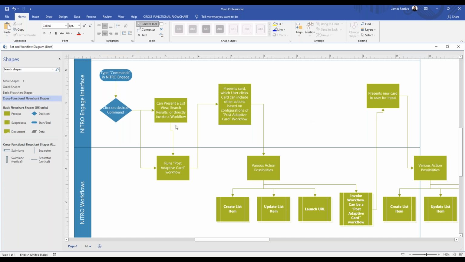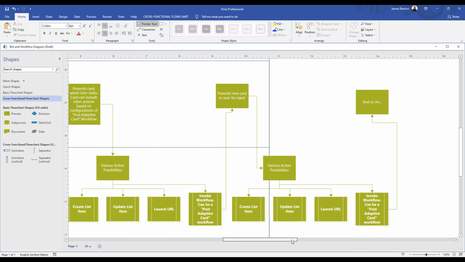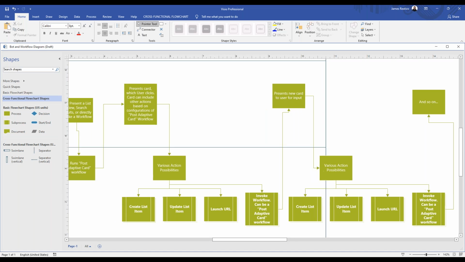But that's the idea behind it: you have the command that invokes the workflow, the user interacts with it in the Nitro Engage interface, invokes another workflow perhaps, and then presents another card for the user to interact with. So there are different ways that you can do that, or you can go as far as you want with it. It can also be very simple. We have a lot of very simple workflows that are really just